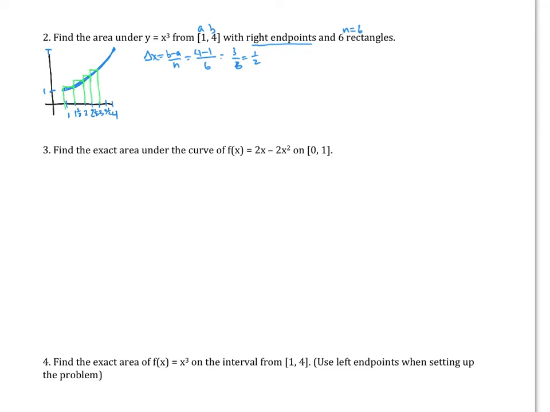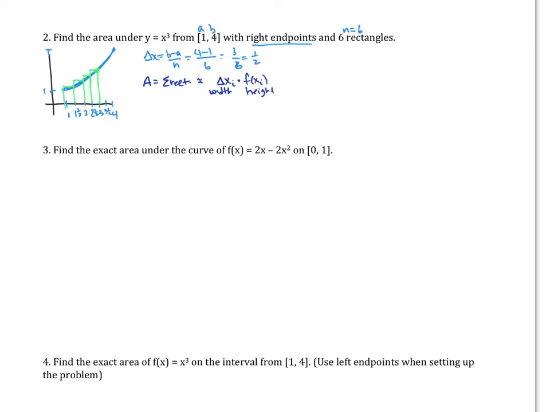Okay? So this is the right endpoint. So I will get, in this case, since it's increasing, I will get an overestimate. All right, so let's put this area together and see what we can do. Over here, we know the area will be the sum of the rectangles, right? And this will be approximately my delta x, which is my width, right, for each one, times the height, which is my f of xi,